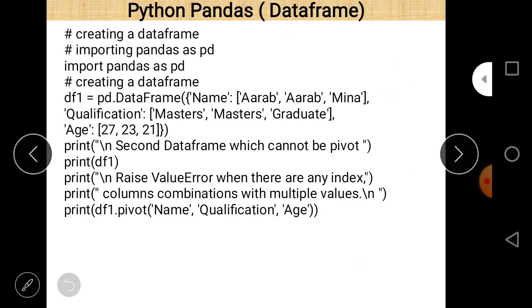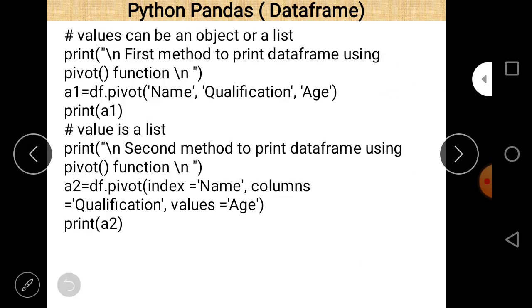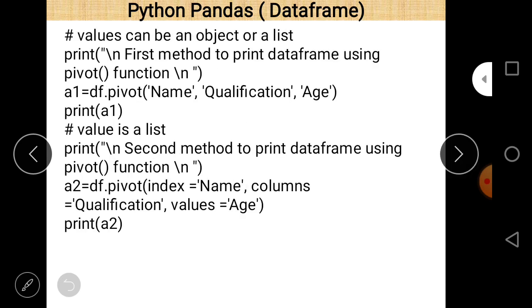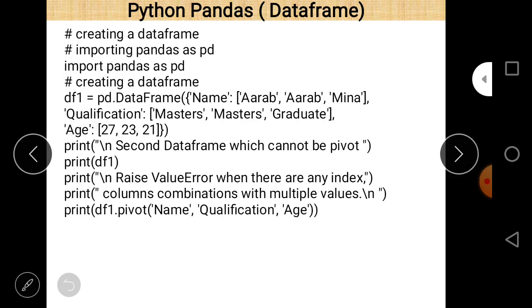In our previous program we created a data frame named df, and in this we create df1. That is a part of the previous one, and df1 is a new data frame here, which is again created using a dictionary, but the names here are Arab and Mina.